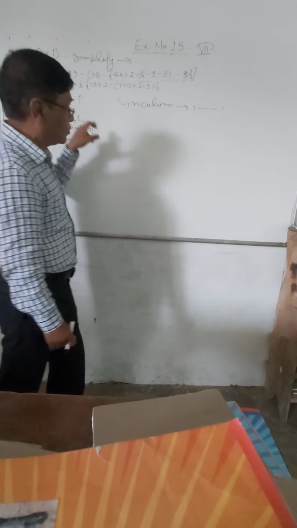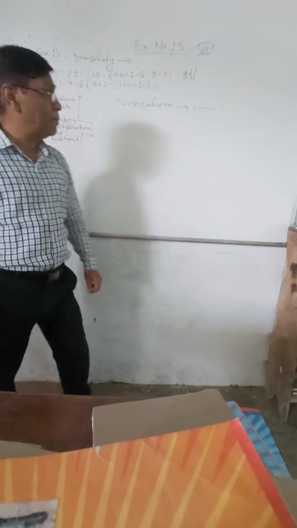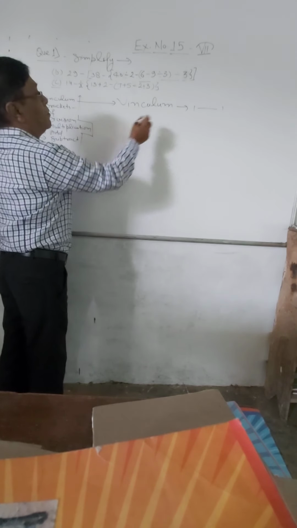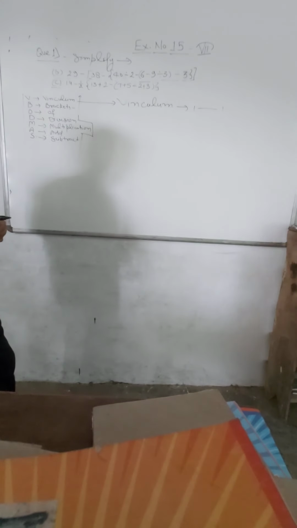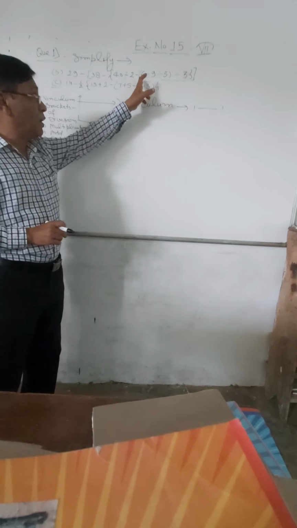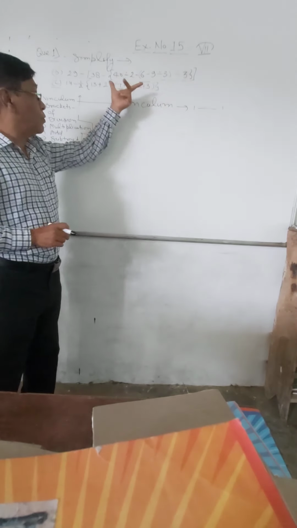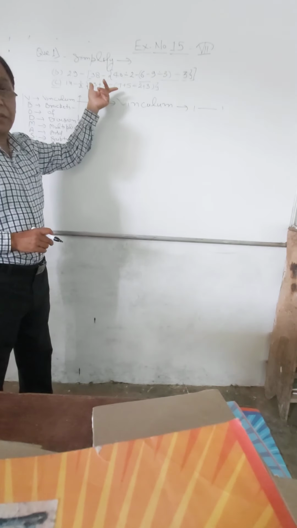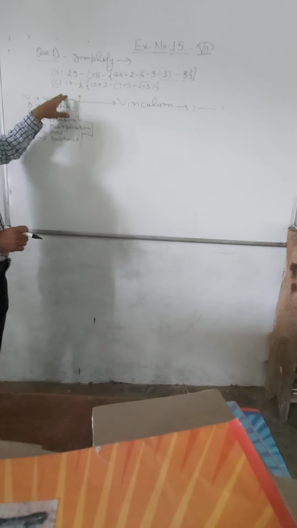This is also sometimes called a line bracket. It is denoted by a line over some numbers, just like in this one. On the number 2 plus 3, one line is drawn. This symbol is a Vinculum. So before solving all these numbers, first we will solve this. After that, which sequence is coming?